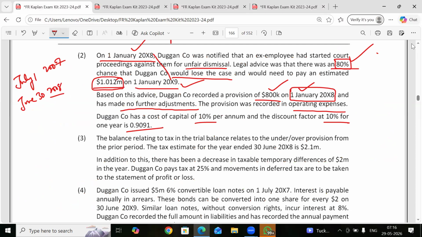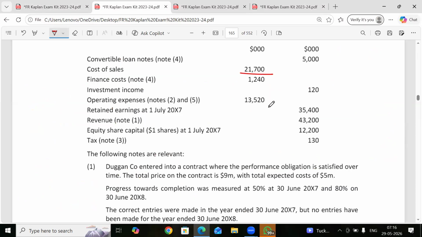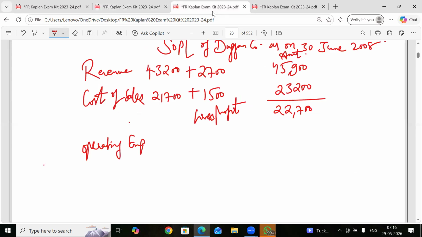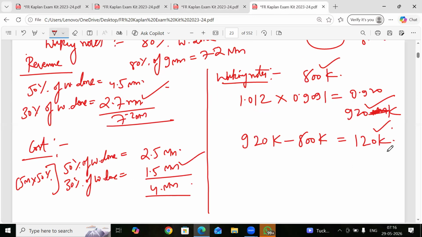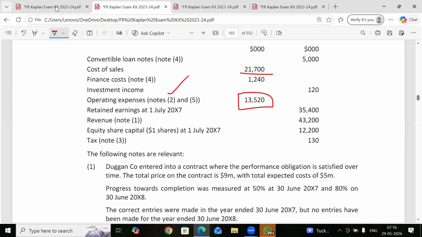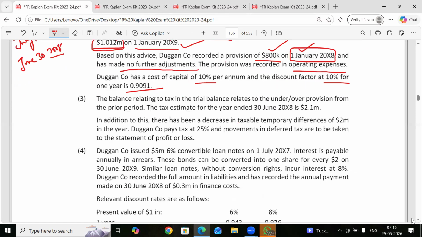Operating expenses. So second note they have given. $120 came from the provision part. $120. So one more point with respect to this would be,